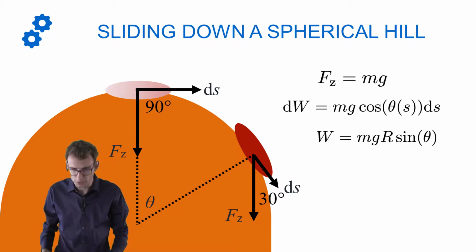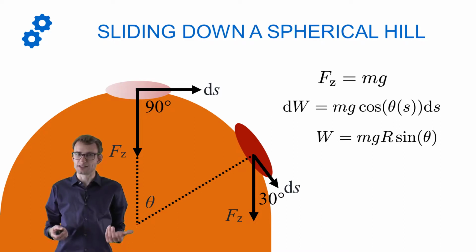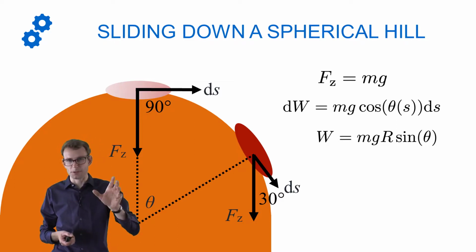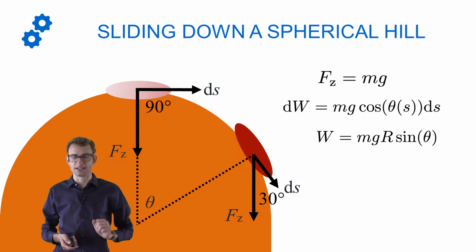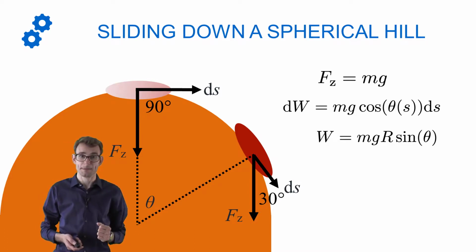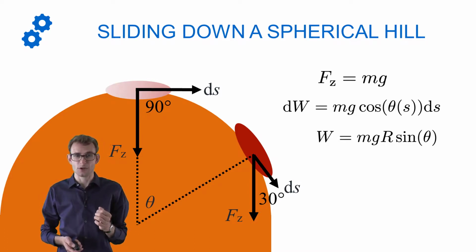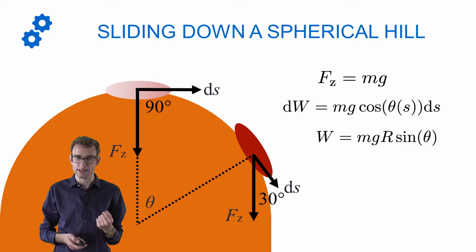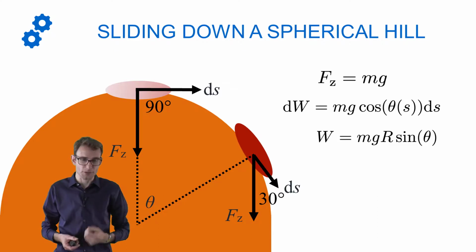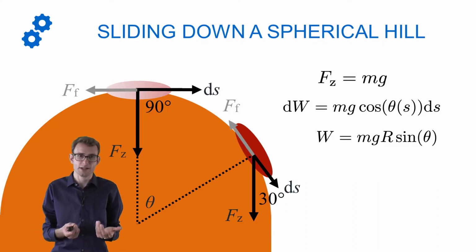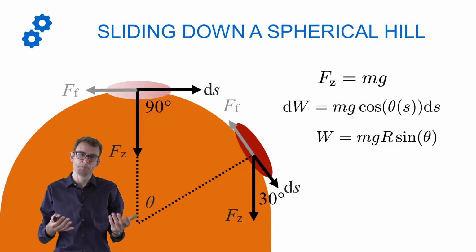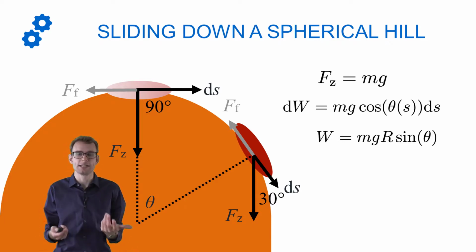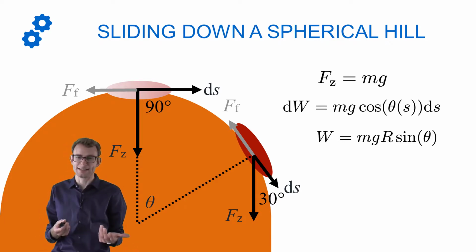Now, of course, you saw that the block wasn't sliding from the start. Not when it was perfectly poised, but also when I turned the ball a little bit, it wasn't sliding yet. And of course, that's because of friction. And so frictional forces can also do work, or rather they can prevent work from being done. Frictional forces are always along the surface, so they're always parallel to the displacement, but in the opposite direction. So they're generating negative work.